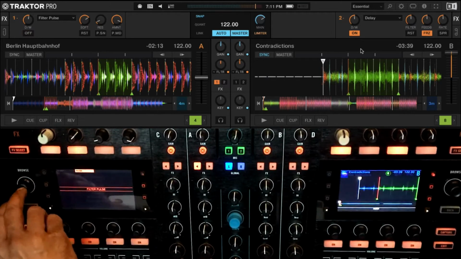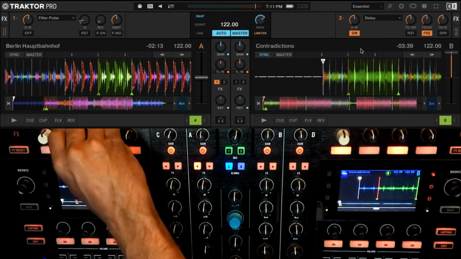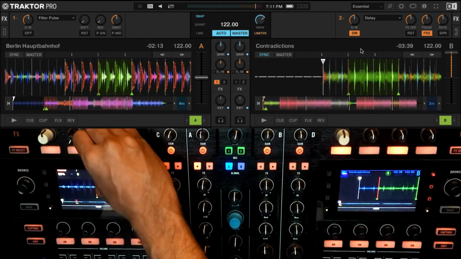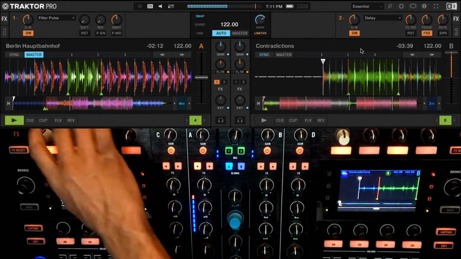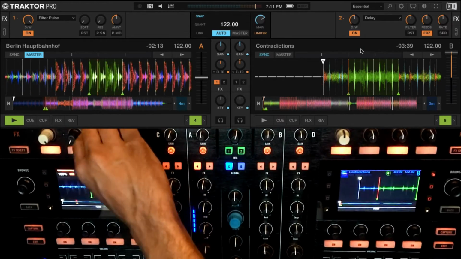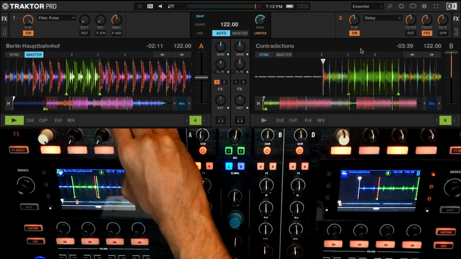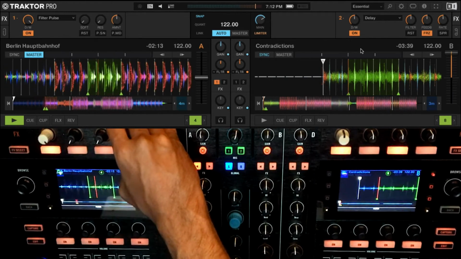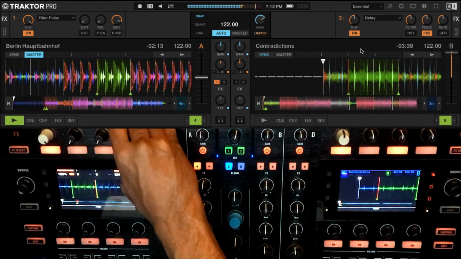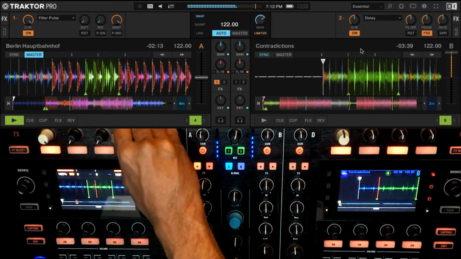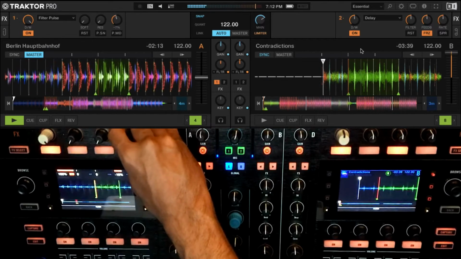Now, needless to explain, filter pulse, okay, has an amount knob again, has a softness knob to the filter, resonance, and a couple of other parameters. Okay, let's check that out. So, enable this, okay. Yeah, so the filter is now completely sort of muted until I start using the amount and decide if I want it happening on the low pass side or the high pass side.